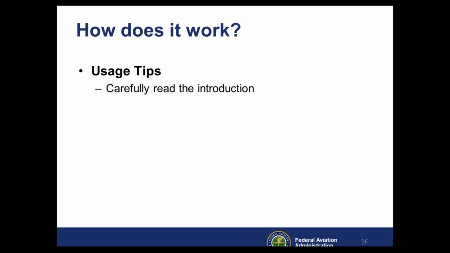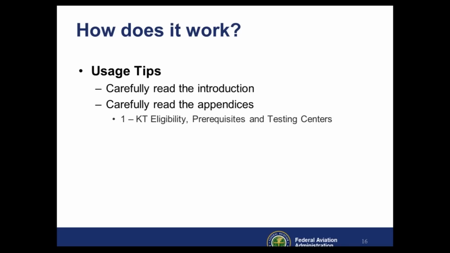The introduction is different from the PTS. The PTS introduction was, I think, about 10 pages. The ACS introduction is around 2 or so. So it's much shorter. It's been rephrased. A lot of content that was in the PTS introduction has been moved to the appendices in the ACS. But you need to spend some time going through there, and then I would skip the body of the ACS and go straight to the appendices. And we're going to real briefly talk about what's in the appendices, and then we'll talk about the body.